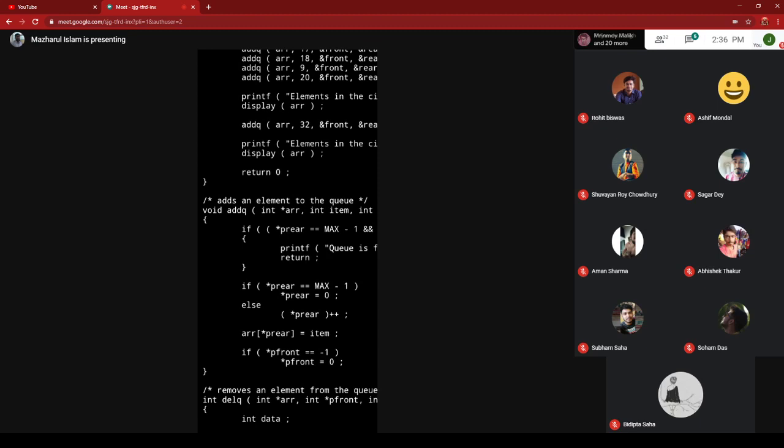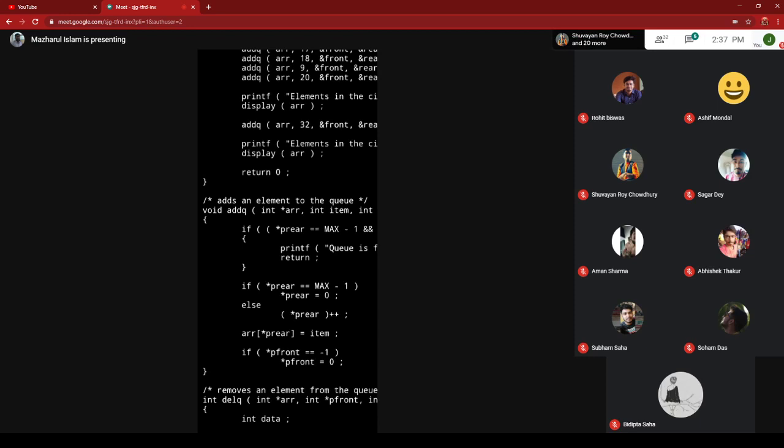Or there is another situation, combined with the OR operator, when your rear variable is just one step behind the front variable.